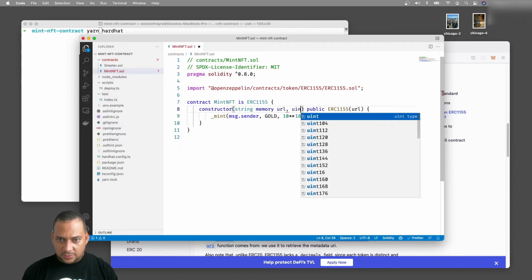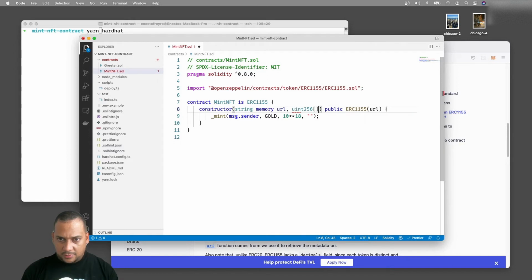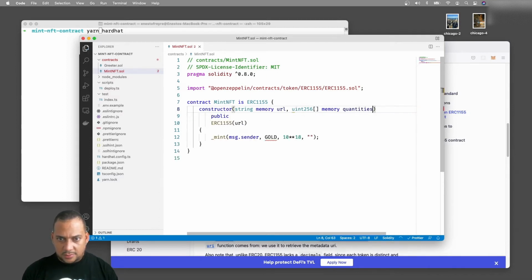Let's call it new uint256 array memory. Let's call it quantities. So these are our two parameters. Yes, of course, we are not using quantities yet, but we will use it right now. And we will do a mint inside here.